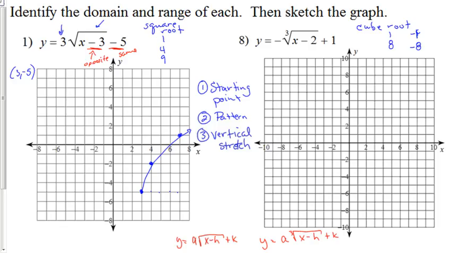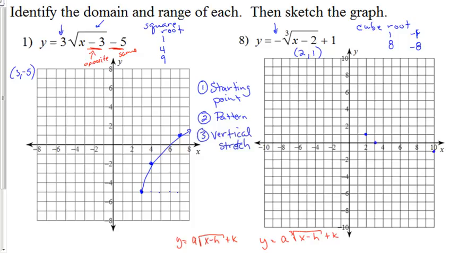because the perfect cubes are 1 and 8. So the opposite of negative 2 is 2. Opposite of positive 1, or same as positive 1, is 1. So 2, 1 is our starting point. Now we use our pattern along with the vertical stretch. Our vertical stretch in this case is down 1 because it's a negative 1. So 1, down 1, and then from the starting point we're going to go 8 spots and then down another